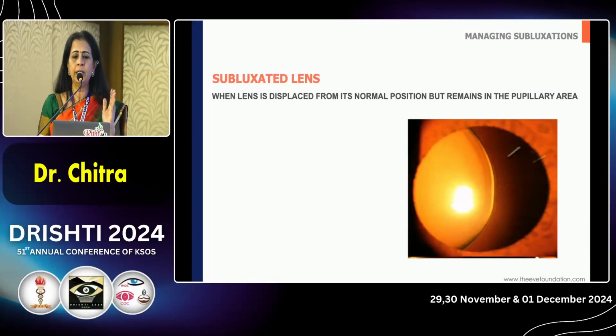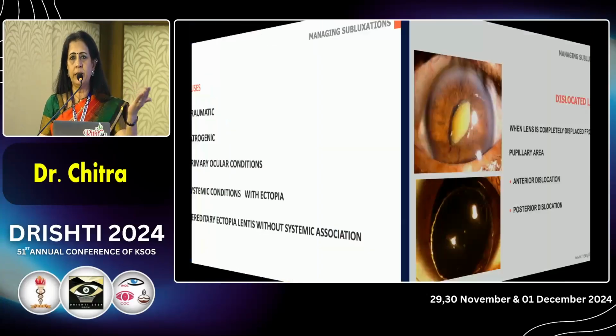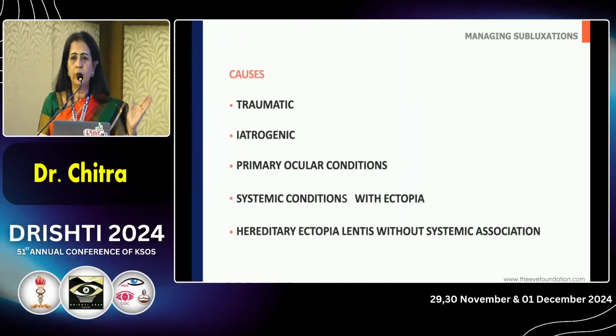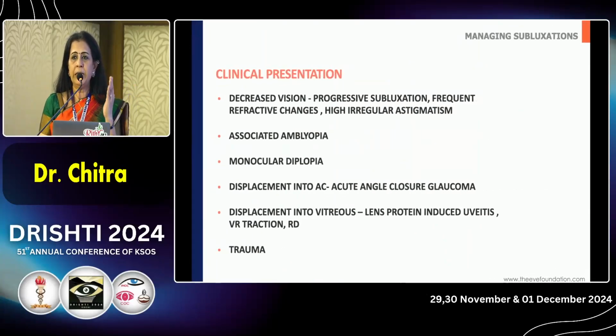So we know that when a lens is displaced from its normal position but is still in the pupillary area, it's subluxed. If it is not in the pupillary area, it could be anteriorly or posteriorly dislocated. The commonest cause for subluxation is trauma, and then iatrogenic and other causes. And the main complaints are decreased vision, progressive changes in vision, increased astigmatism, amblyopia, diplopia, and of course